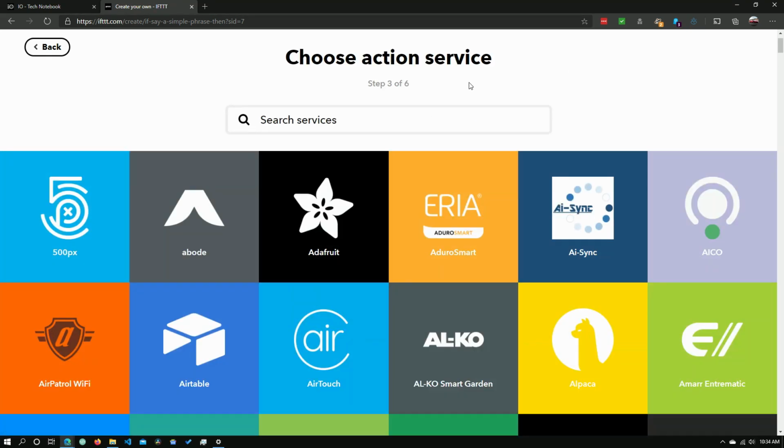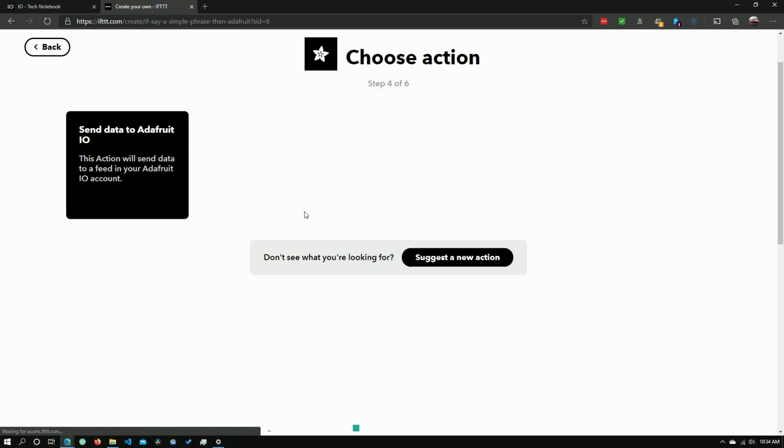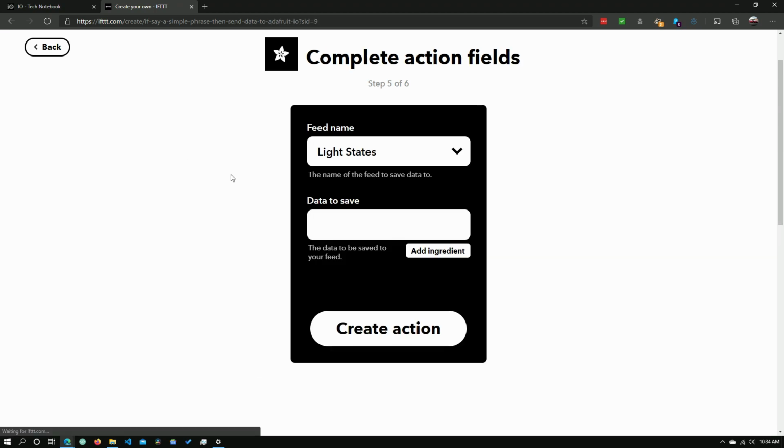So we just need to click that, and right here we see that there is the Adafruit action. We just click that, and then here we can click send data to Adafruit.io, and right before that you will probably also get a login page, so you'll need to sign in to your Adafruit account right here as well. So we just need to click here, add lamp states into here, and the data to save in here is just a 1, so that we know it is going to turn on. Create action,